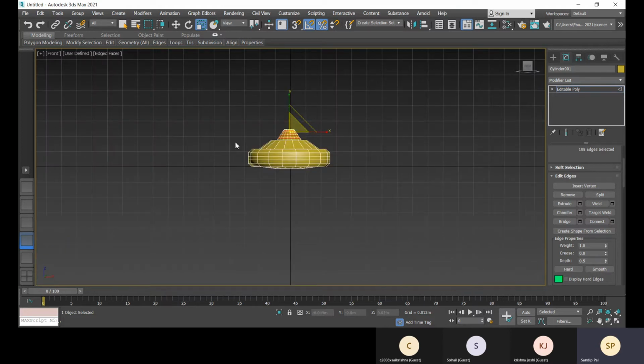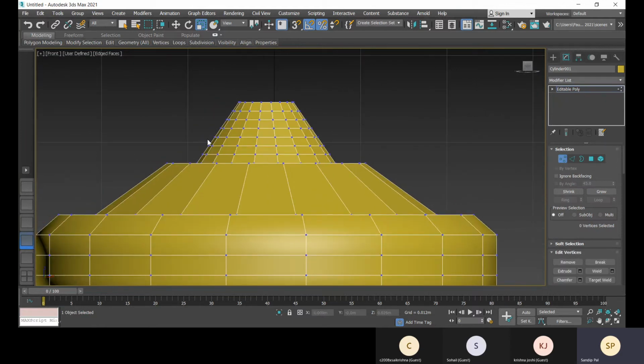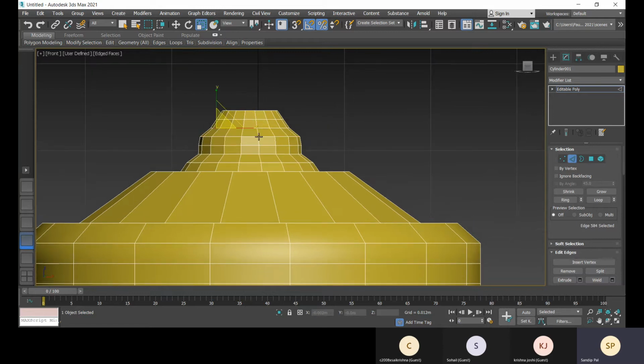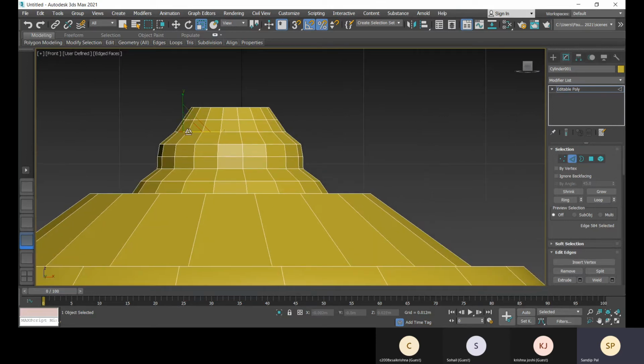And in front view the vertex option is there, or with the edge only I can select this edge, I will loop and then I can do this. Okay. I can select this and then loop and then do it like this. Okay. So this is how it is selected, done.